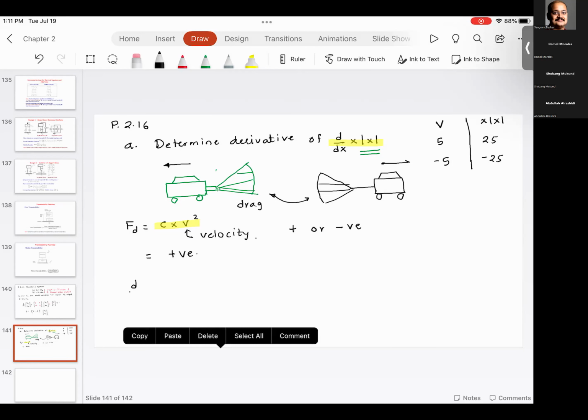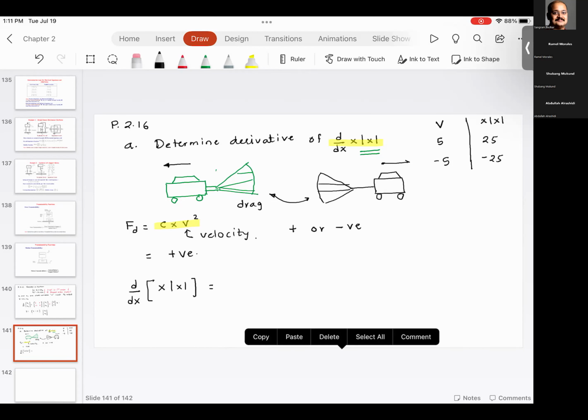So d by dx of x norm of x, we have to use the UV rule: dx by dx plus x d by dx of norm x. And if you look at this equation, this becomes 1,